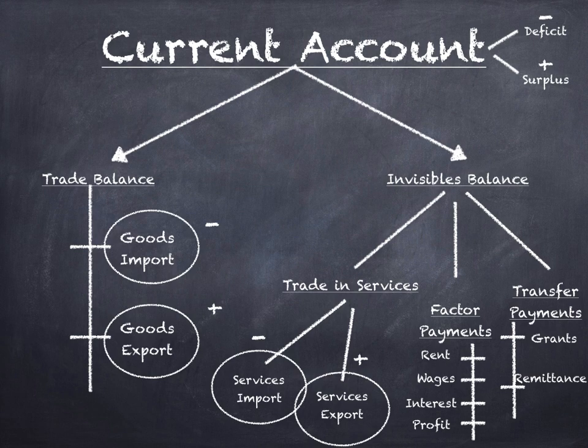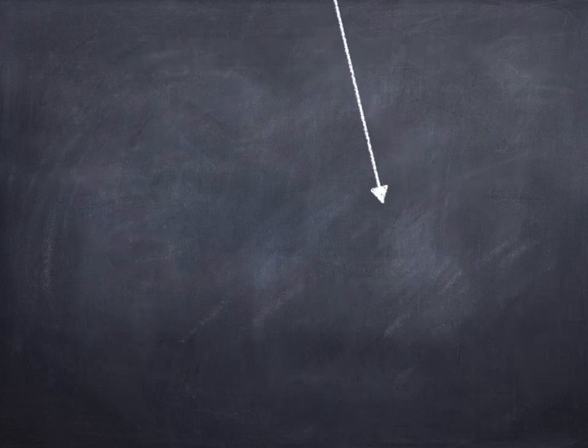Now, these deficits or surpluses in your current account are extremely critical for the position of rupee against dollar. The amount of deficit you're running in your current account or the amount of surplus you're running in the current account would determine the position of rupee against dollar. Now, to understand why deficits or surpluses in current account impact the position of rupee, you need to take a